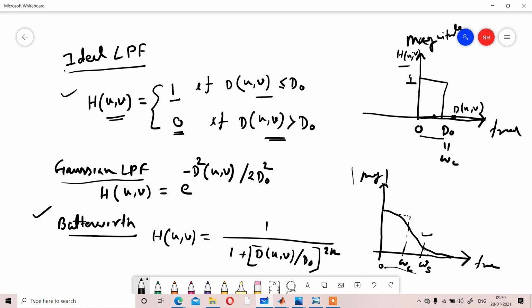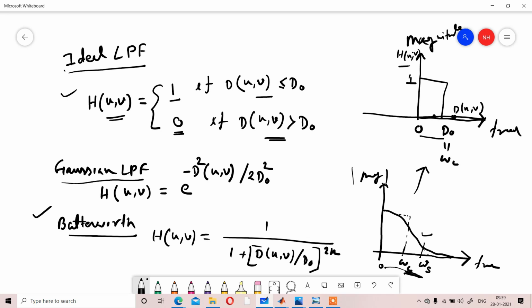And between that omega c and omega s, our aim should always be to reduce that gap. If we are able to reduce that gap, what will happen? We are going to convert our Butterworth filter into an ideal mode. But practically, an ideal filter is not possible. Just keep in mind, I'm not explaining that part. What we can do is try to make a filter that tends to ideal.